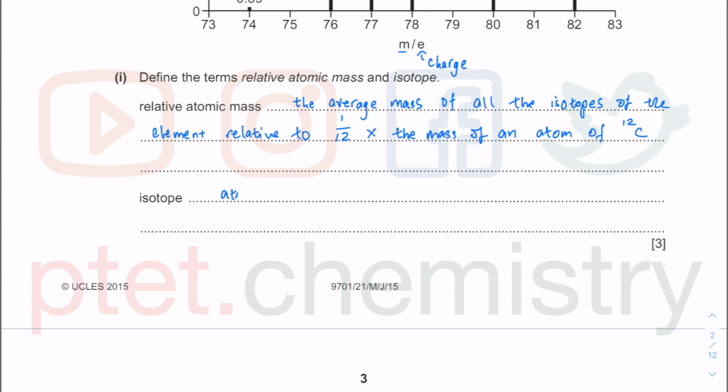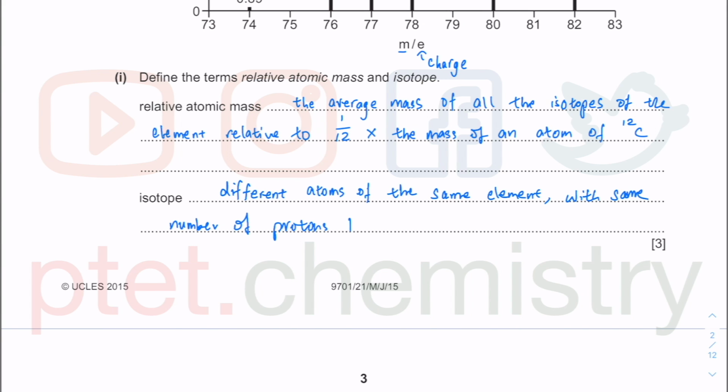Isotopes, they are referring to atoms of the same element. So they are different atoms, but they are for the same element. So what is different about their atomic structure? It's going to be the same number of protons, but a different number of neutrons